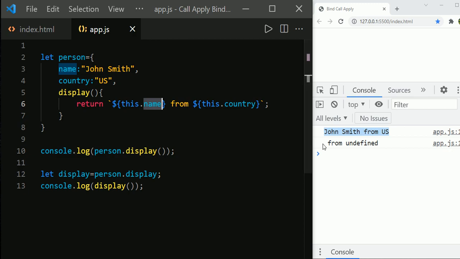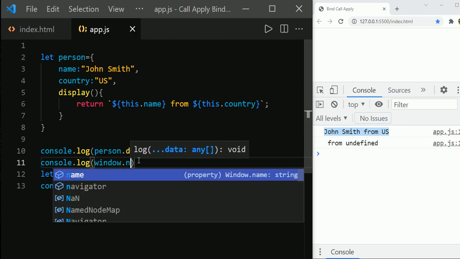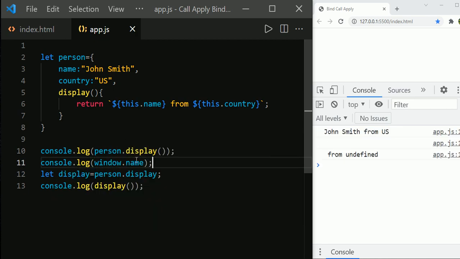That is because this keyword is referring to the window object, and the window object has a property called name and its value is empty. So you can confirm by printing console.log window.name, save it. Here you can see that empty value, right? That's the reason you can see the empty value, and just from undefined.